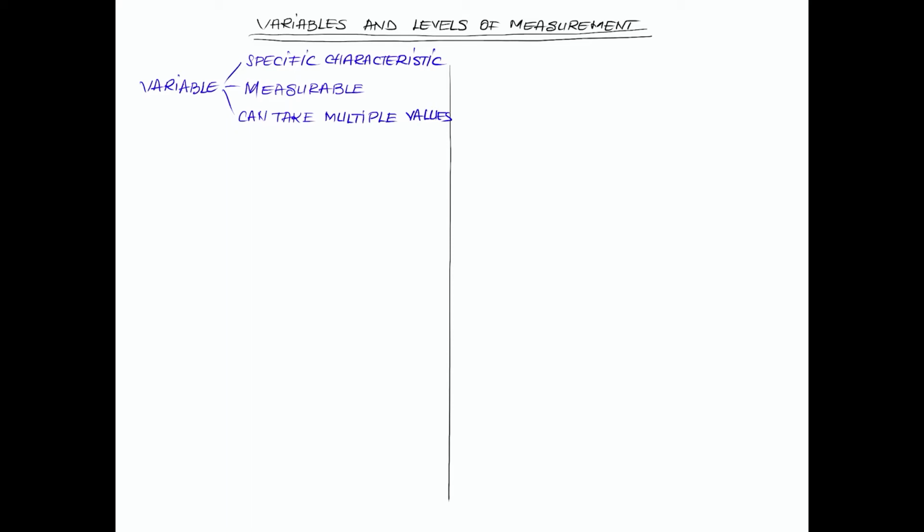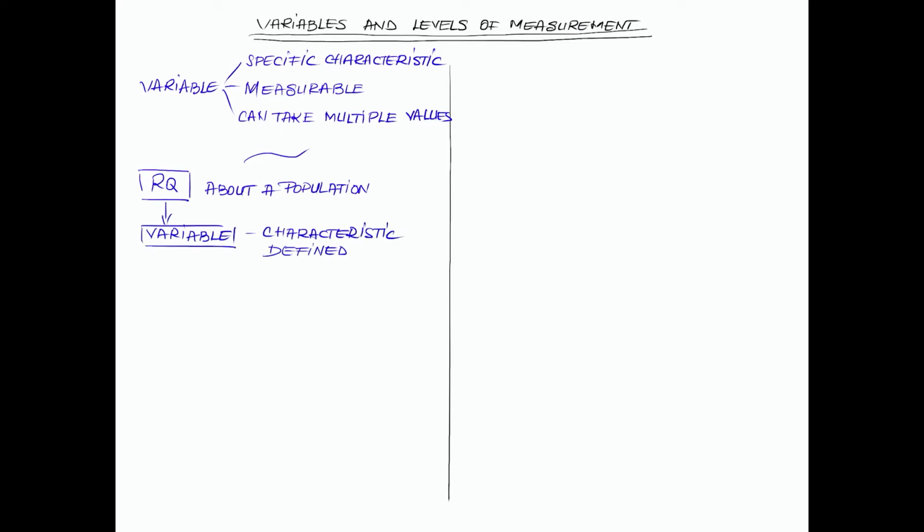When we think about variables, we have to start somewhere. And that would be a question about something we'll want to learn more about in a population. For example, are men taller than women? We refine that something into what we call a variable, which is roughly a well-defined concept of what we want to understand and measure. In this case, for example, a person's height,